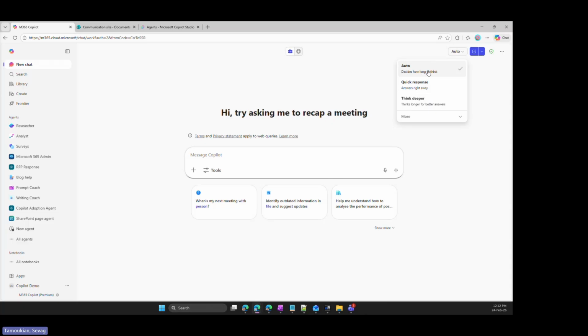This auto started being available some few months ago, where there was a new version of GPT that could make decisions depending on the context or the question that you're asking in chat, and redirect it to a brain that does that specific job better. Currently there's the quick response and the think deeper. So if I keep it on auto and I ask it how's the weather, it's just going to ask the quick response part of the brain and then answer quickly. If I wanted it to write me an essay or do some research on a product, it's going to automatically route it to think deeper, right?